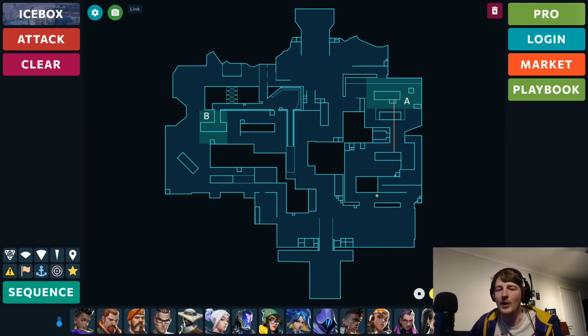Now on to Icebox, and Icebox honestly is probably, I'm not going to say it's necessarily the hardest map to lurk on, but it is a bit weirder and a bit more difficult, and there isn't necessarily as great of a spot. Often what you'll want to do is smoke this off. That's pretty much a guarantee in pro games that pretty much every round this will be smoked off,